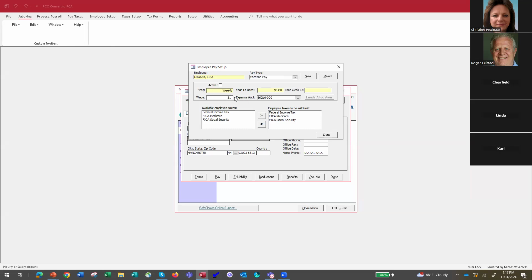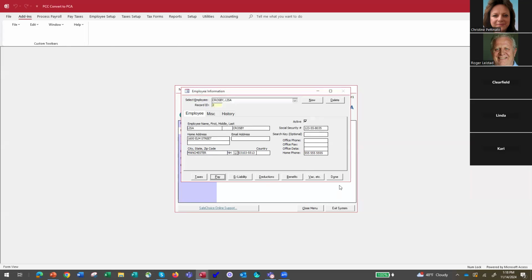And again, it's not active at this point. We could have made it active, but if you're going to go ahead, you want to make sure it's active so that when you go in to do the payroll, it's available in your drop-down list. So instead of selecting hourly weekly, you would select either hourly sick pay or hourly vacation pay. And so that's how you would go ahead and add